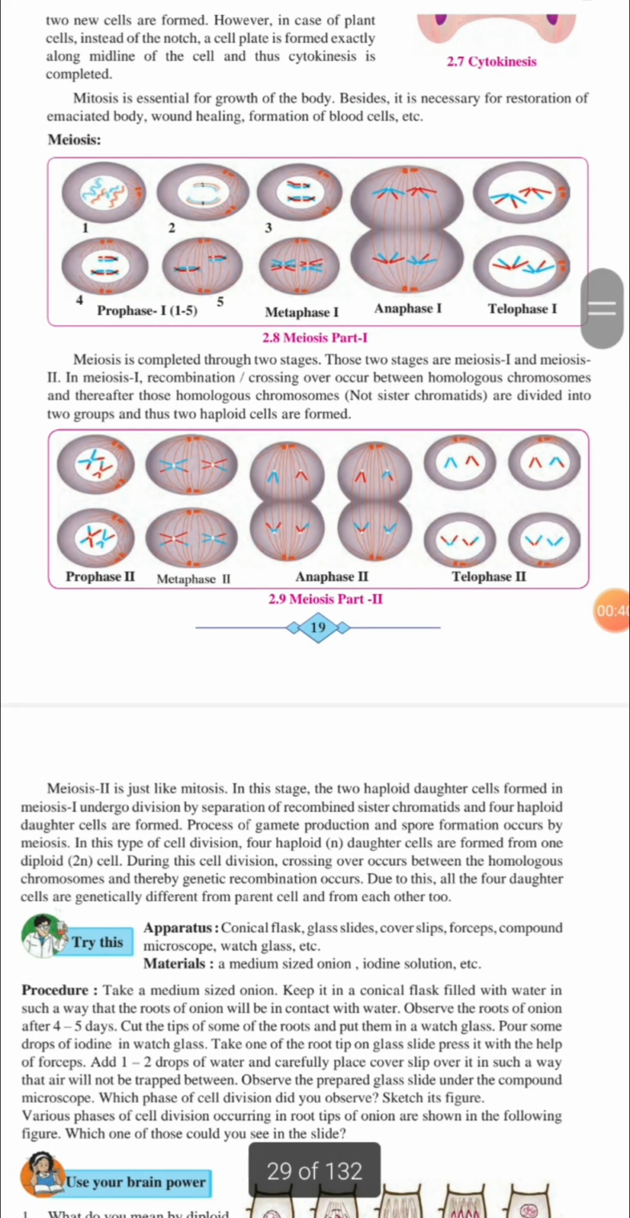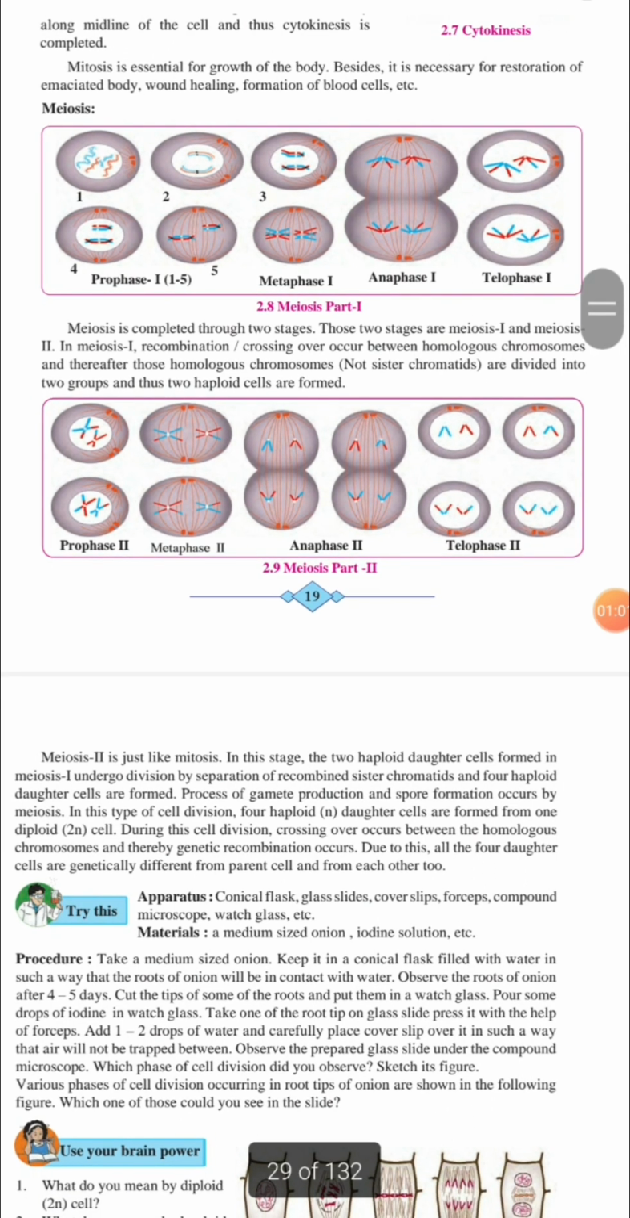So this meiosis is completed throughout two stages. Those two stages are meiosis 1 and meiosis 2. In meiosis 1, there is recombination. Do you all know what recombination or crossing over is? If you don't know, don't take tension, we discuss it now. It is crossing over between homologous chromosomes, and thereafter